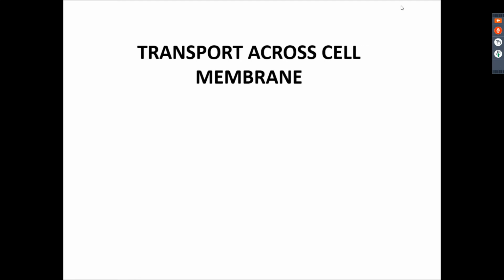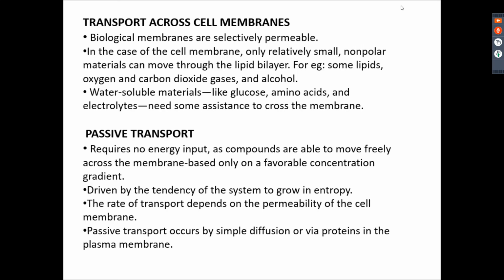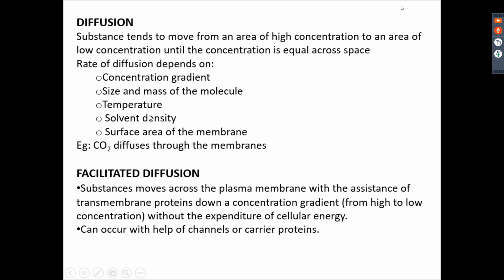So with this, we have finished discussing the biomembranes and their structure. Now we'll come to the transport mechanisms across the cell membrane. So we all know that there are two types of transport. You already know this: passive transport and active transport. Passive transport needs no energy, and it is of three types: diffusion, facilitated diffusion, and osmosis. Osmosis you have already read in your previous lecture, I think. So we will not be talking about osmosis, but we will be talking about diffusion and facilitated diffusion.